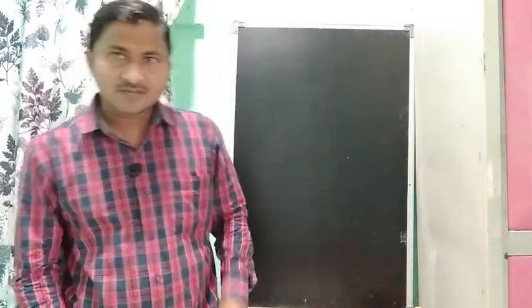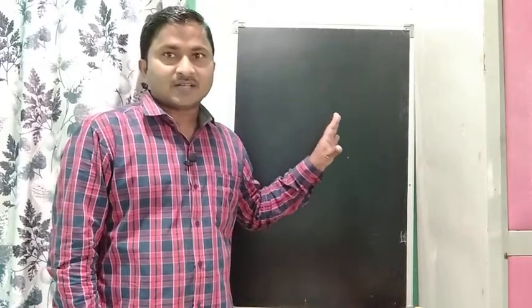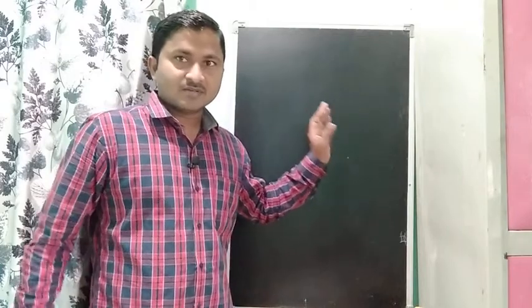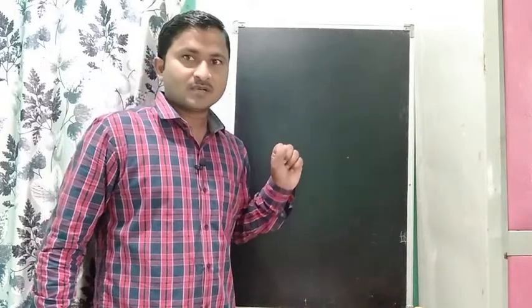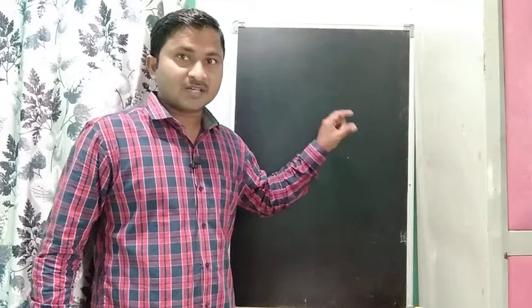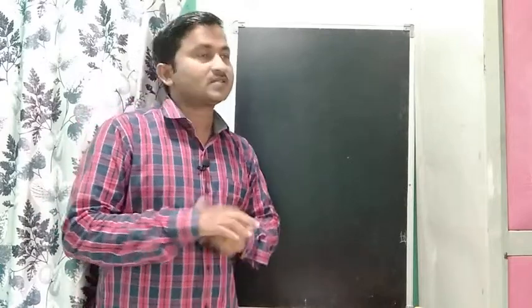Good morning, students. In the present class, we discuss what interference of light is, how Thomas Young observed the interference of light, and what the interference pattern consists of. Here, the interference pattern consists of bright and dark regions. When a bright region is formed, when a dark region is formed, and what the width of that bright or dark region is. Now we know that first of all, interference of light means